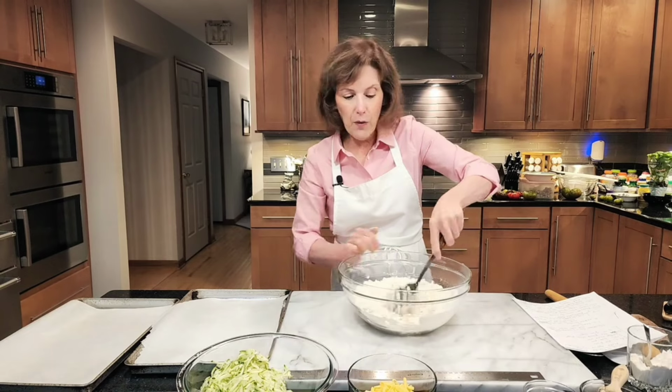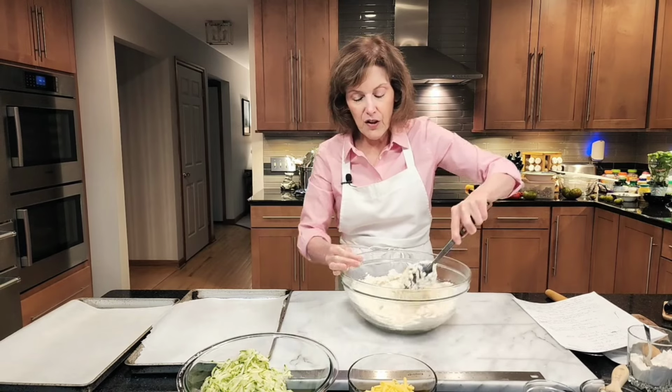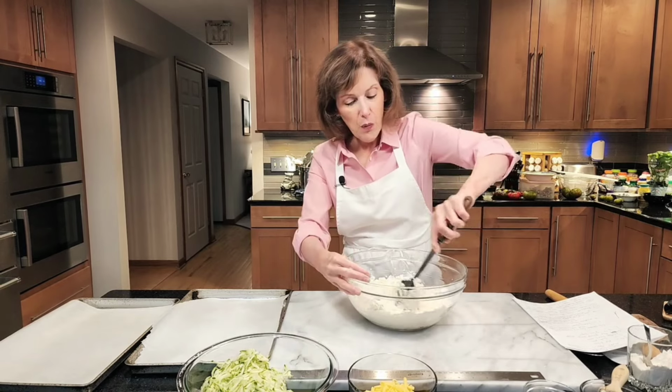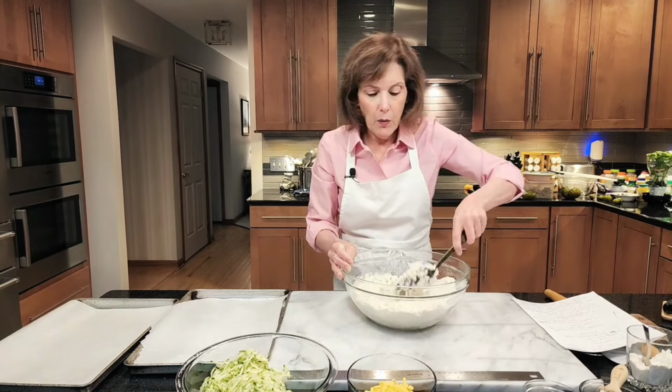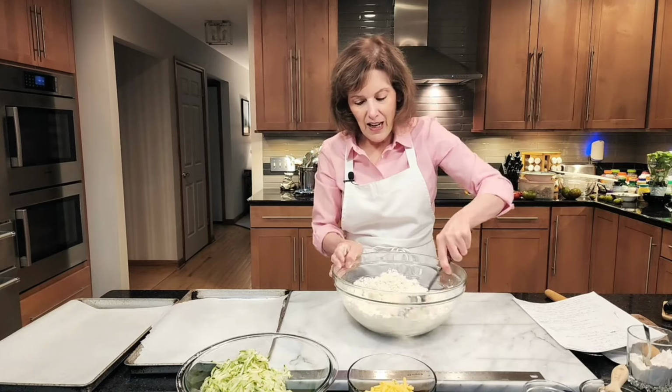Again, do not overmix. Overmixing will cause gluten to form and toughness, and we don't want a tough scone. We want them nice and tender. We don't want it to taste like a pizza dough. We want it to be nice and light and tender. So this is our